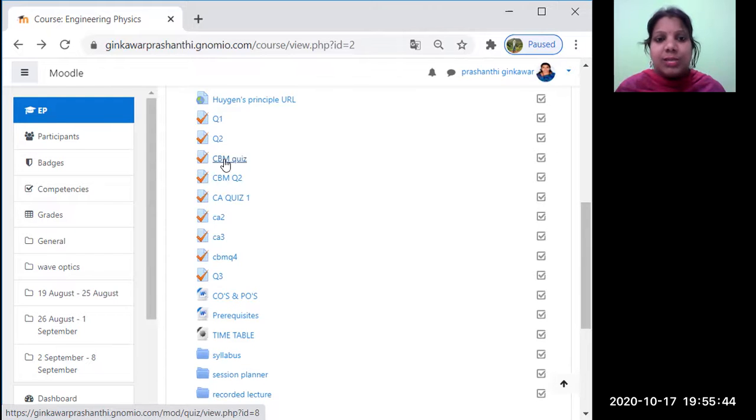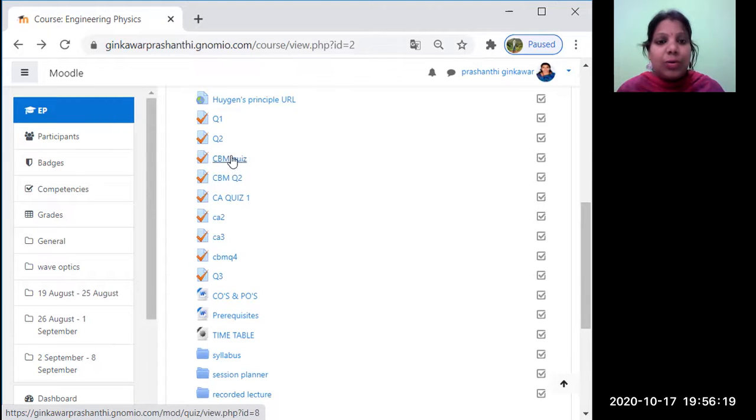All 4 options are very near to each other, suppose 0.01 for the first option, then 0.001, 0.02, 0.03. So all the 4 options are very close together. Then if any student chooses, the certainty level of the student we can estimate in this quiz. That is a certainty based quiz.